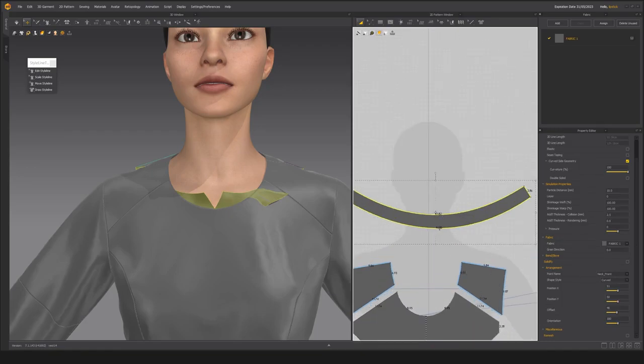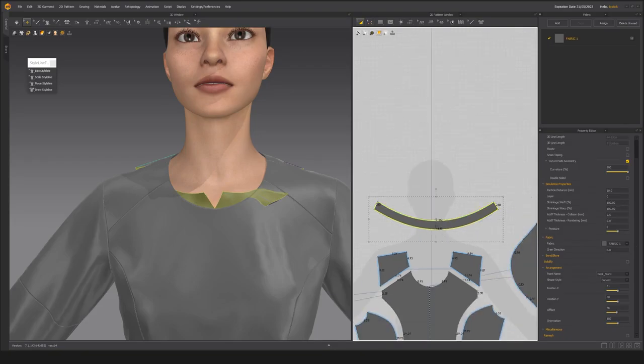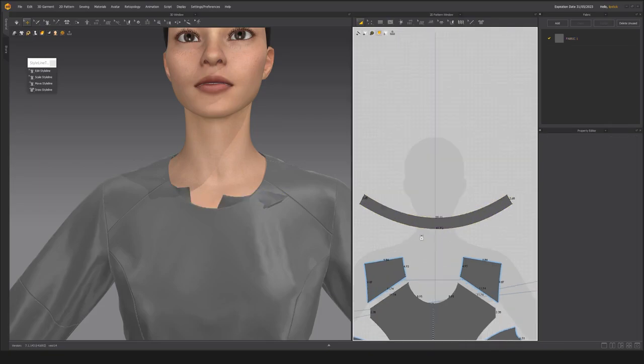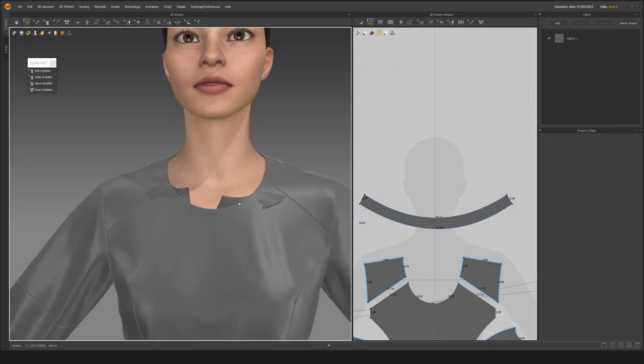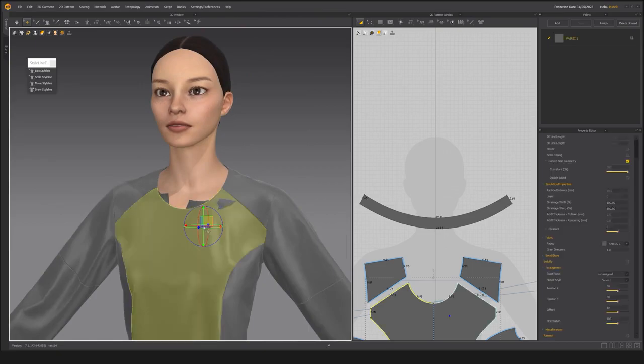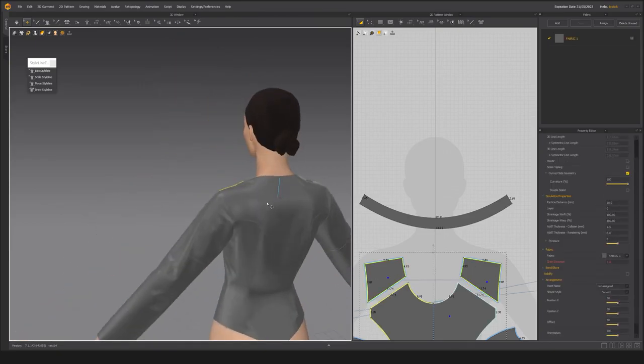So our piece right now, you can see that the bottom edge, I know it's probably hard to see, is about 45 centimeters. So now we want to scale all of this down a little bit. So our top edge now is about 39 centimeters. Our bottom edge is 42 centimeters, which means that if I simulate here again,